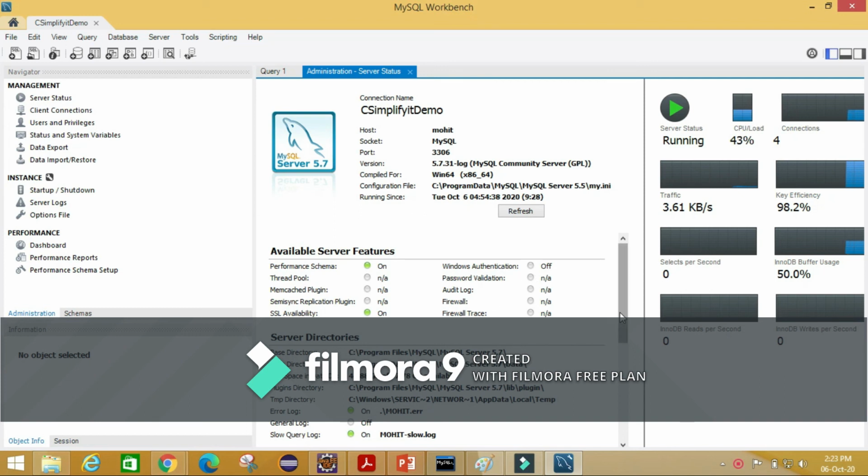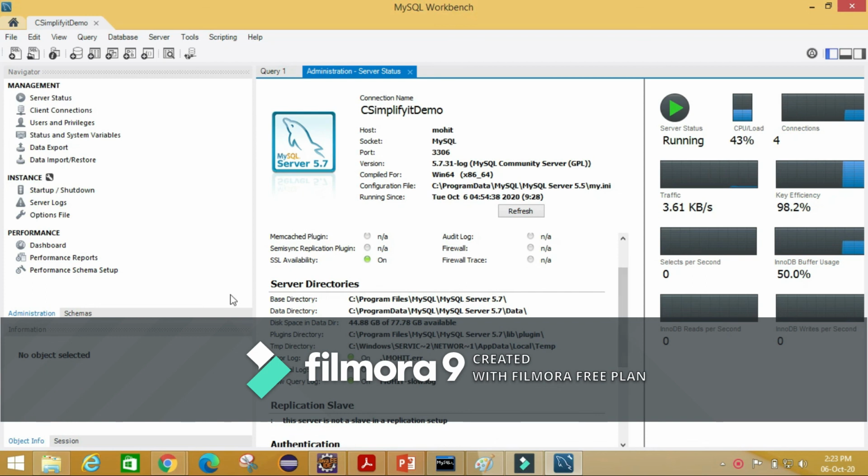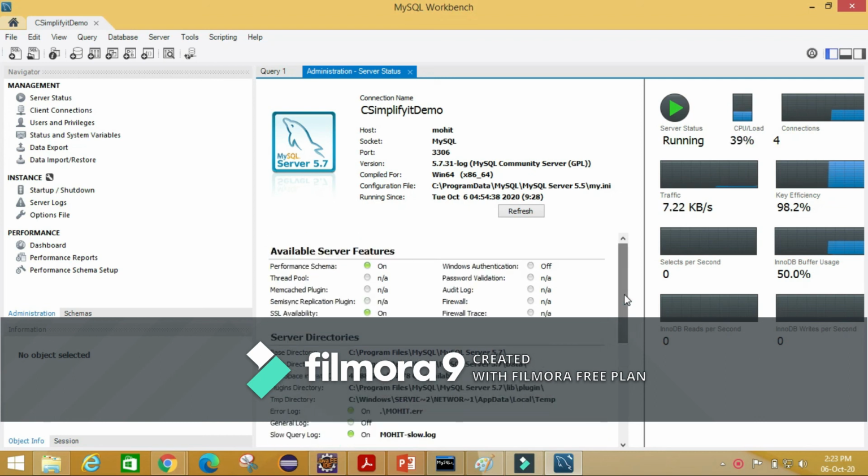Also you can see server directories, base directory, C program files, MySQL server 5.7, and similarly the data directory. In this way we get to know a couple of pieces of information about the server status. We will see more in my upcoming videos. So keep watching. Thank you.